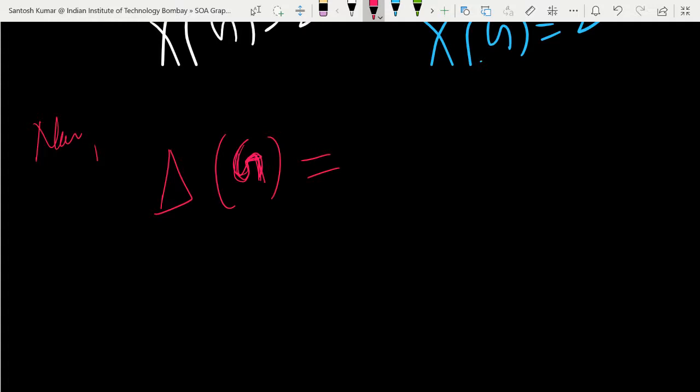Are you getting my question or not? Simply say yes or no. Why are you thinking so much? Sir, can you repeat please, your voice is not coming clearly. Okay, the voice is not coming. I'm saying this delta G. Do you know this notation delta G? What is written in the red color? Are you looking at this? Do you know this symbol delta G?